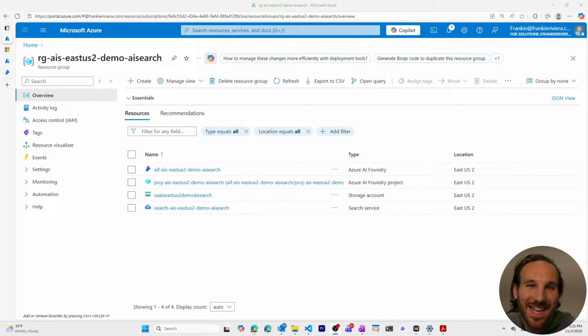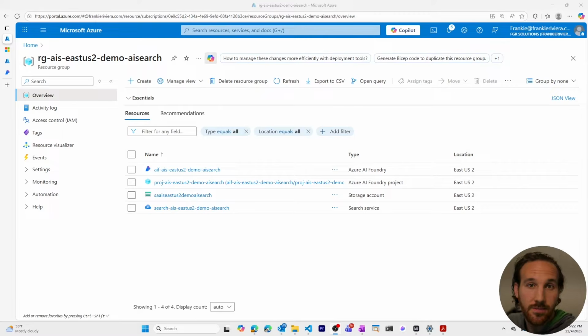Hi, I'm Frankie, and in this video, I'll share how you can create a RAG pattern in Azure AI Search where you vectorize content to make it available for searching using semantic search. This is done for AI agents or applications where you want to search based on the semantic similarity by using